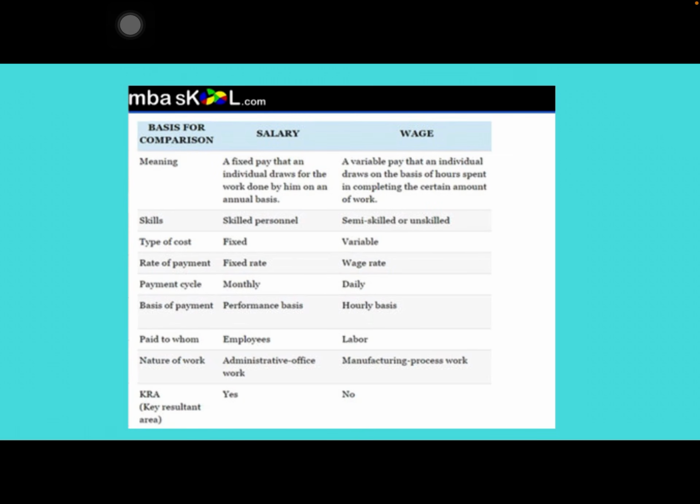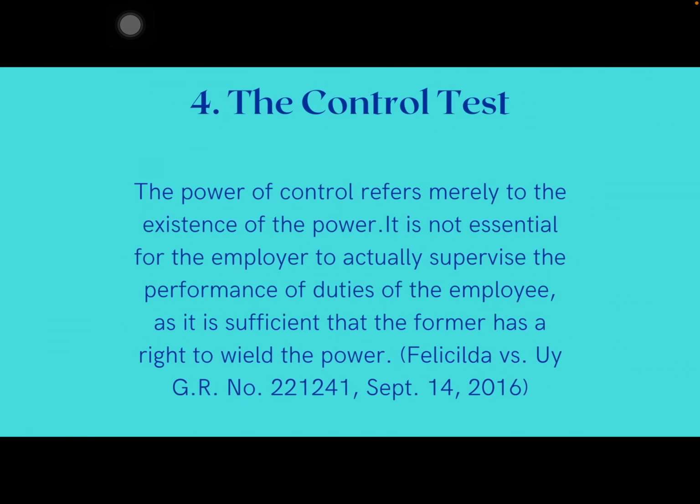Felicilda an employee of UI? Then, the most important test among the 4 is the control test. The power of control refers merely to the existence of power. It is not essential for the employer to actually supervise the performance of duties of the employee as it is sufficient that the former has a right to wield the power. Okay? That is Felicilda versus UI, GR number 221241, September 14, 2016. According to this case and according to the Supreme Court, hindi naman sinabi na dapat tutukan